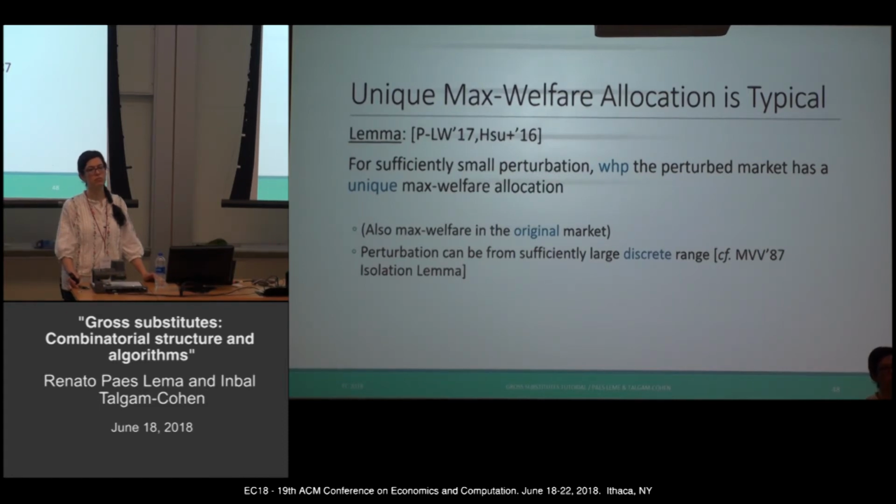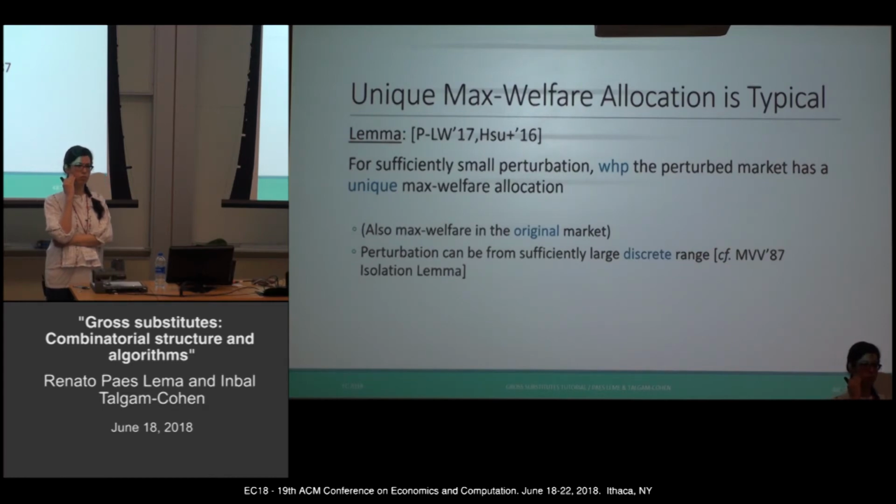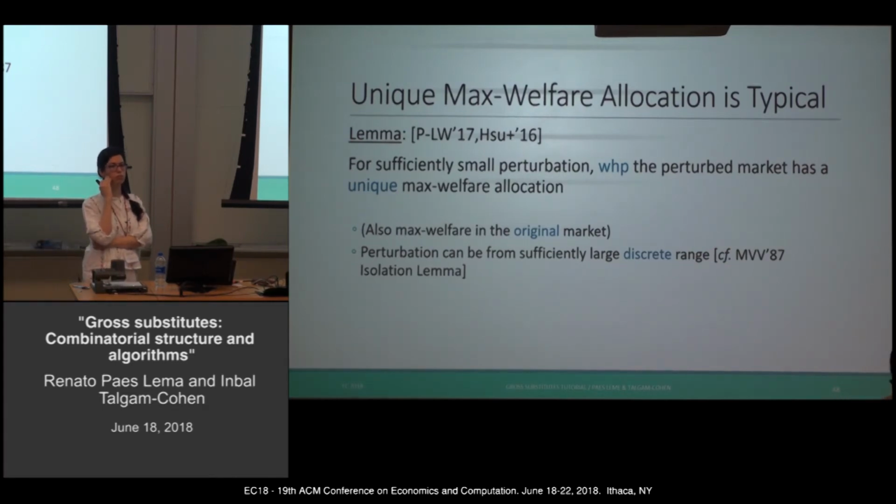I think another way of asking that is, does the high probability mean that for every market that doesn't have a unique maximum allocation, and for sufficiently small perturbation, it has a high probability of a unique maximum allocation, or is it like randomly over all markets with high probability? It's for any market. Yeah, that should mean that it's randomly. Yes, perhaps. Yeah, I tend to agree. But I haven't seen this phrased as that statement.